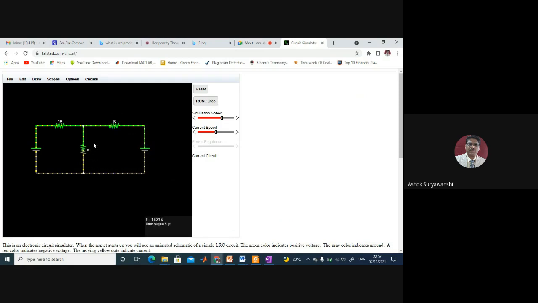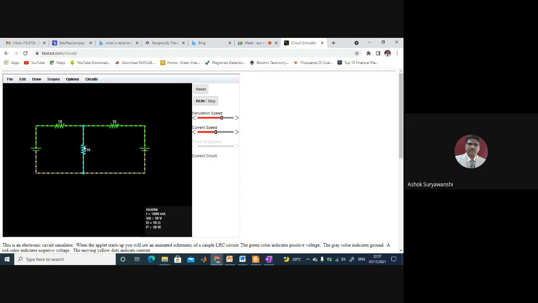So just keep this cursor on 10 ohm resistor and see at the right bottom side. It is showing current through that 10 ohm resistor, voltage across 10 ohm resistor, value of the 10 ohm resistor, and power dissipated in 10 ohm resistor.